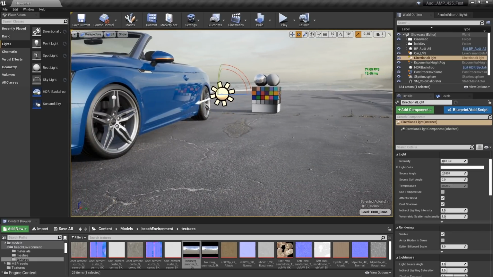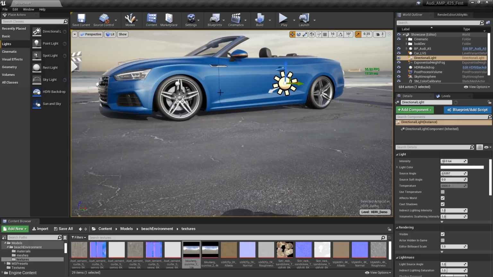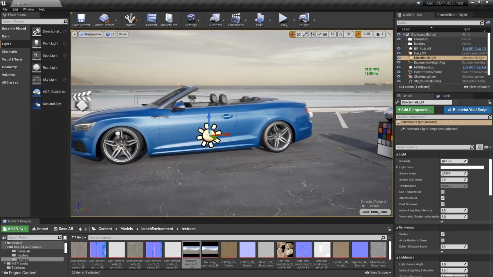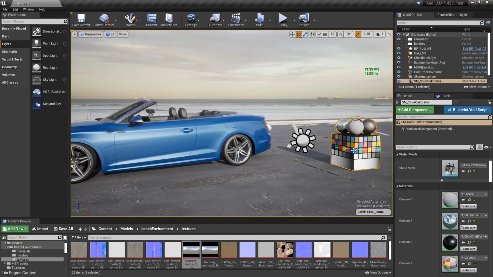And an easy way of lining these up, honestly, is let's just translate this light down here. And I'm just going to spin this around a little bit so that chrome ball is out there.